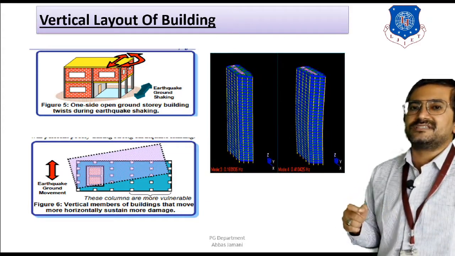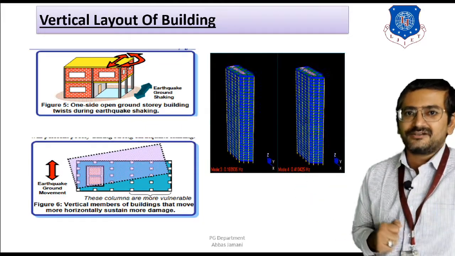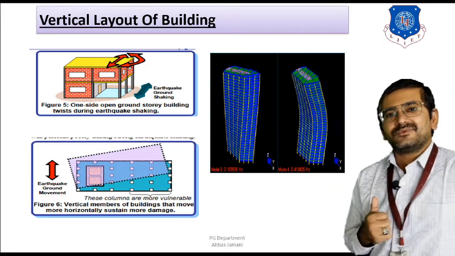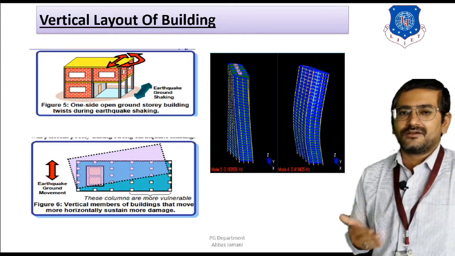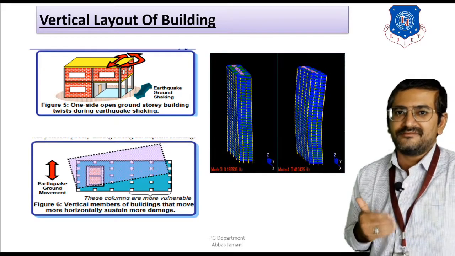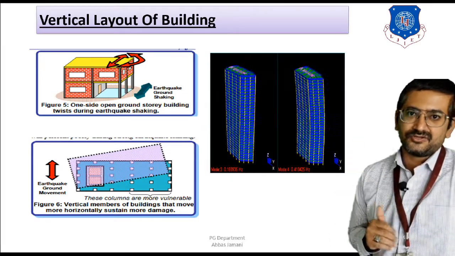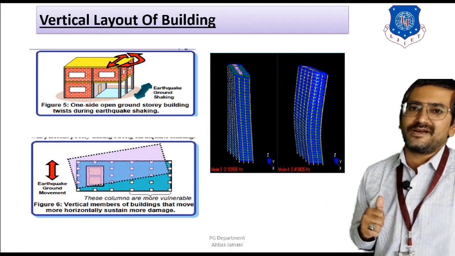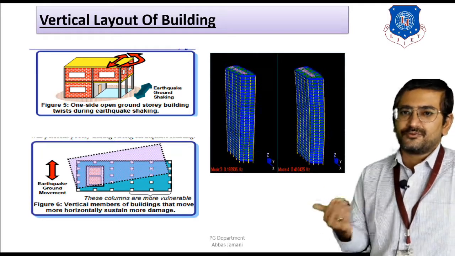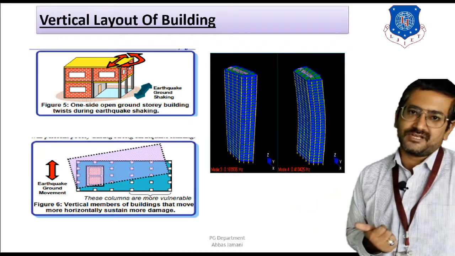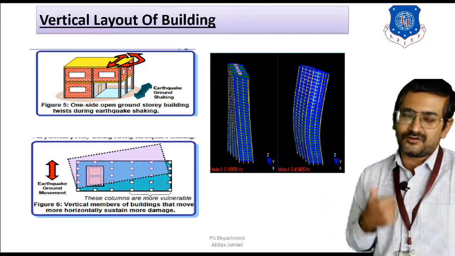So any of these effects is likely to take place due to the absence of the infill walls at the ground level, right? If we take a more realistic example from day-to-day life, we can take apartment schemes where there is a basement, parking, and above that the residences. Whenever parking is provided on the ground floor, in most buildings you will see that apart from the lift portion, there will be no walls on the ground floor. The entire periphery will be open so that vehicles can easily move in and out of the building, right?